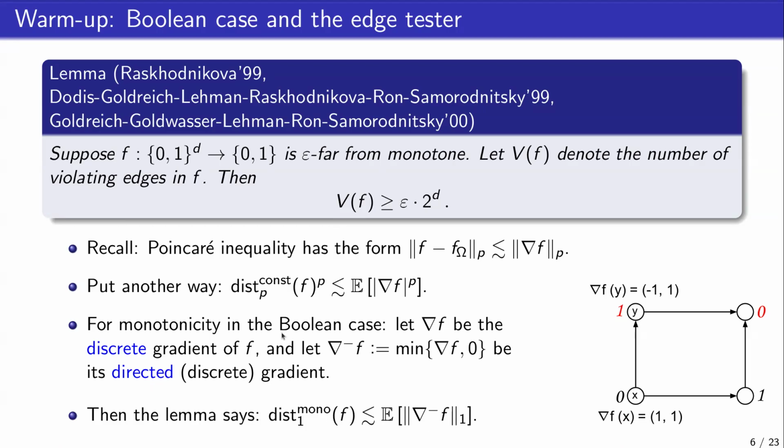And if you compare this inequality to the Poincaré inequality that I just gave you, there's something about the exponent p that you have to choose, but the most salient modifications or changes are two. First is that instead of measuring distance to a constant function, we're measuring distance to a monotone function. And second is that instead of having the usual gradient, we have a directed gradient. So we make this choice on the left-hand side, this choice on the right-hand side, and I'm claiming that this is a directed version of the Poincaré inequality, a directed Poincaré inequality. So that's the first hint of a connection between monotonicity and Poincaré inequalities.